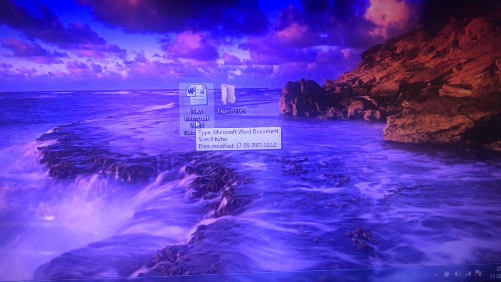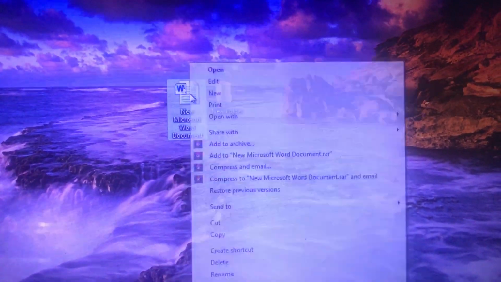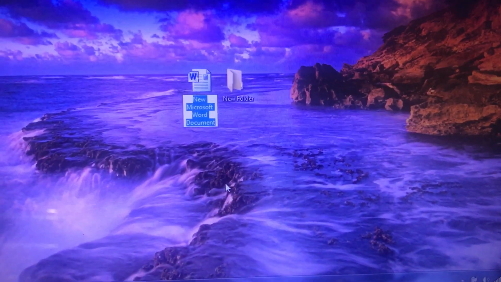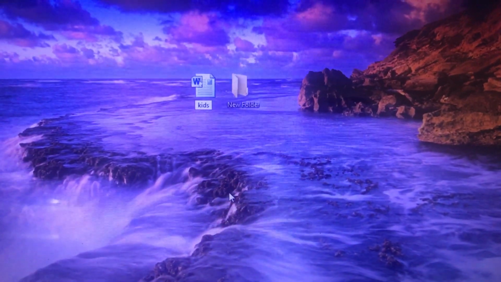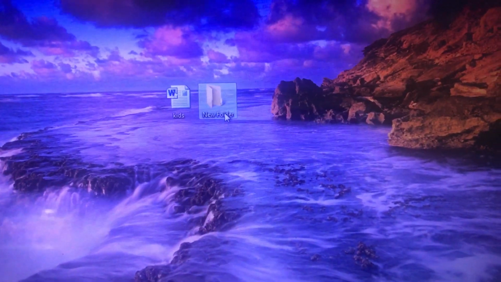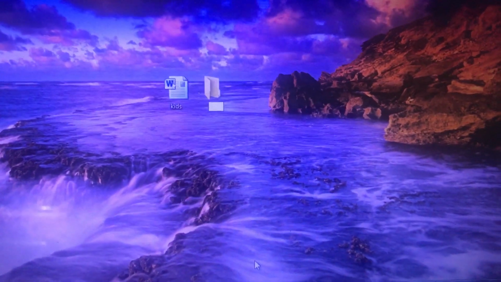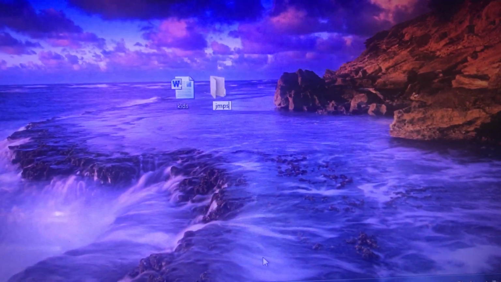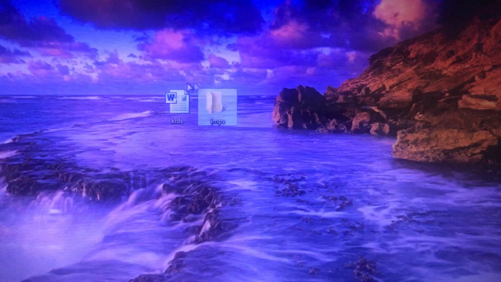Now if you want to rename a file or a folder, you just have to go to the file or folder, then right click on it and then click on rename. Then you can start typing. Let's suppose I'm typing kids. Then press enter, and it's done. Similarly here also, right click on it, go to rename. Then you can type anything, like you can type JMPS, then press enter and it's done. Understood how to rename a file or a folder?